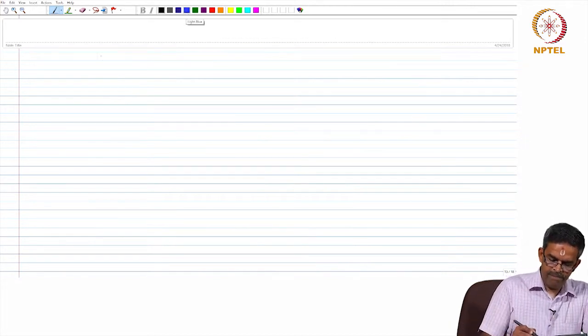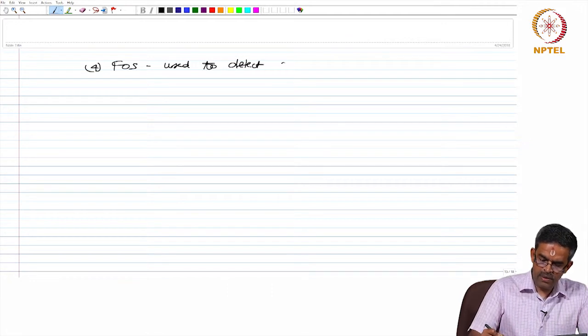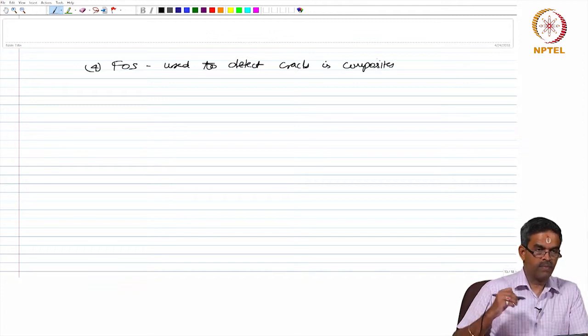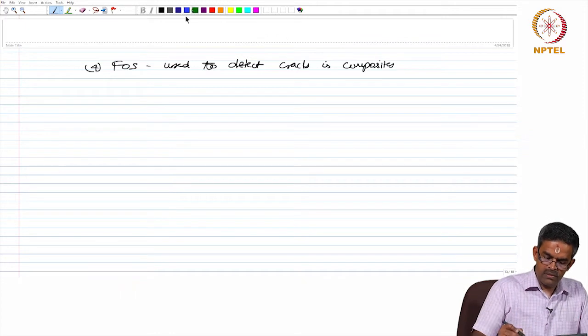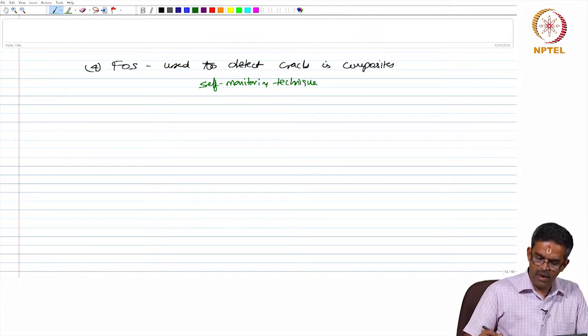Alternatively, there are fiber optic sensors which are also used to detect cracks in composites. They are otherwise called self monitoring technique, additional reading can be seen from